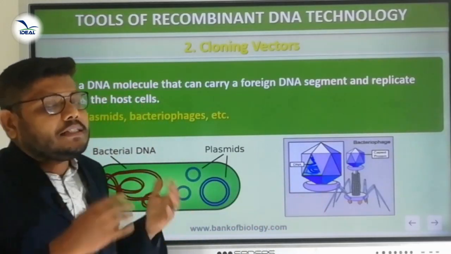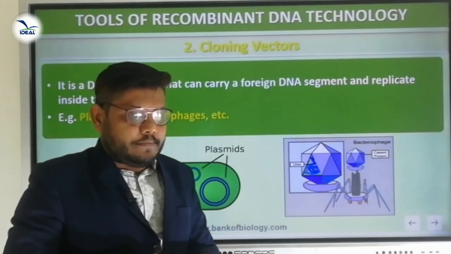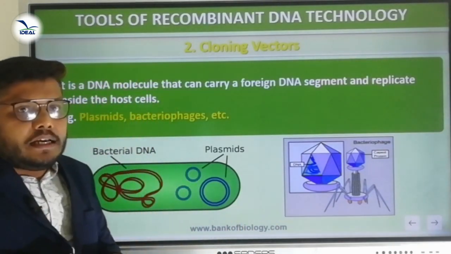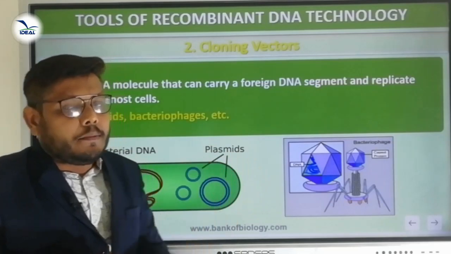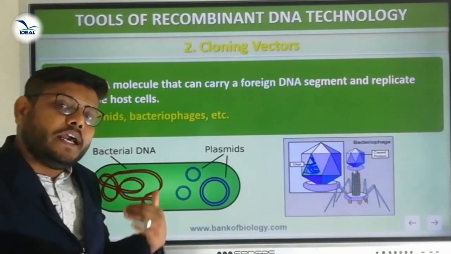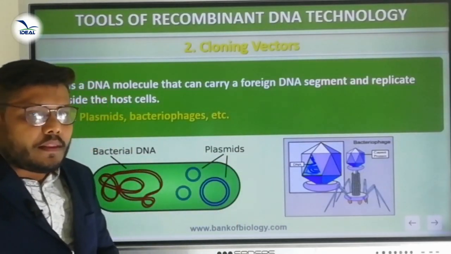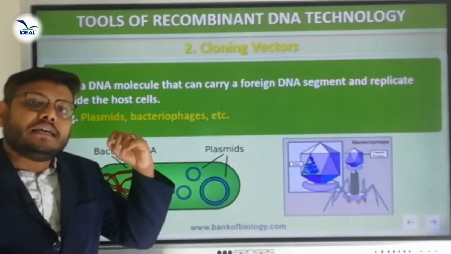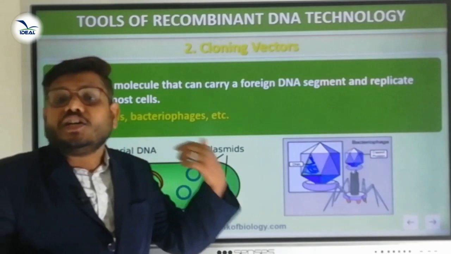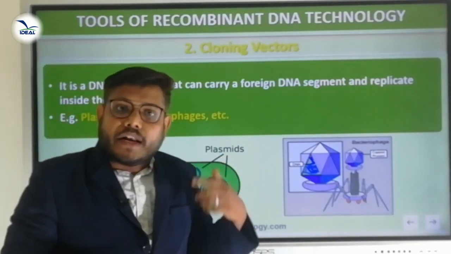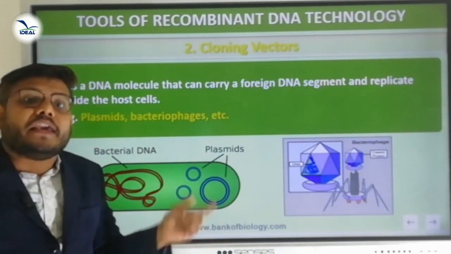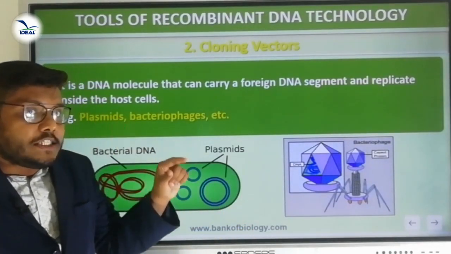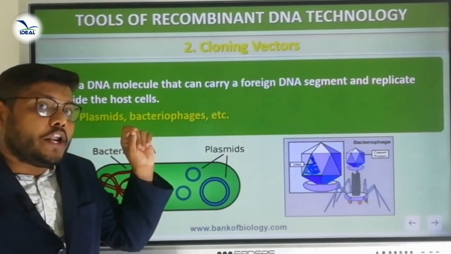So here we are discussing the plasmid vector. Plasmid vectors are the self-replicating extra-chromosomal circular double-stranded DNA. That is called a plasmid vector. The naturally occurring plasmid vectors are, one is col-E1, another one is Ti. Col-E1 is obtained from E. coli, Escherichia coli. It is a naturally occurring plasmid vector.